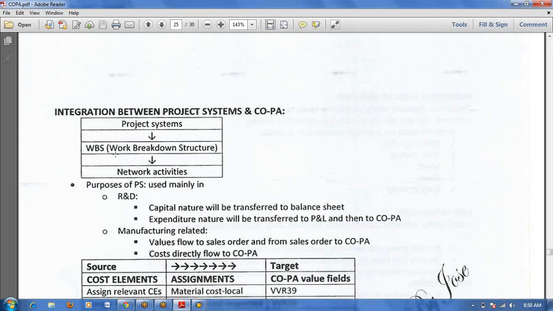Okay, in project systems they will create a work breakdown structure. Hari, yes, yes. This settlement profile, can we use the same one that we have used for other modules? Will that be the same or different for each module? Here the settlement profile is different. No, the settlement profile which you are telling, this is different, is it? Yes, you can create a different settlement profile and assign it here. Okay, fine.